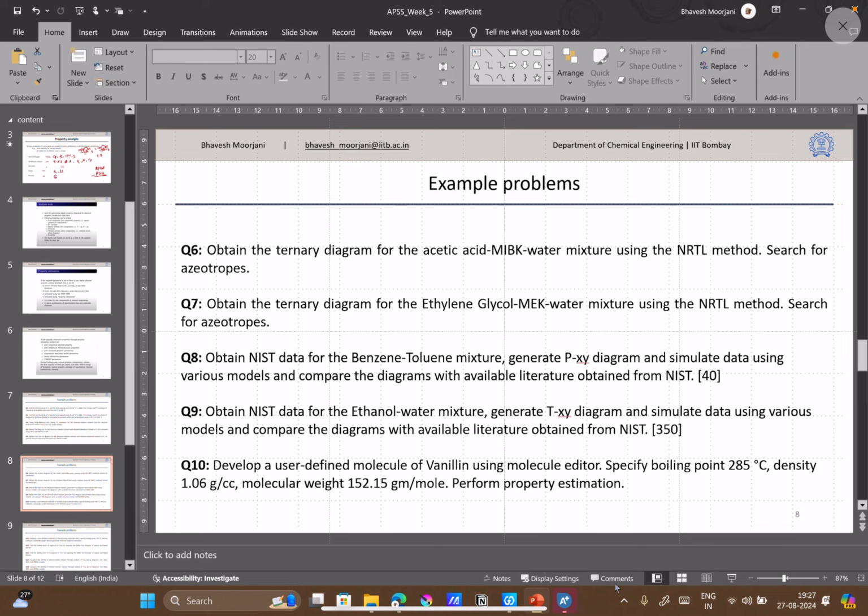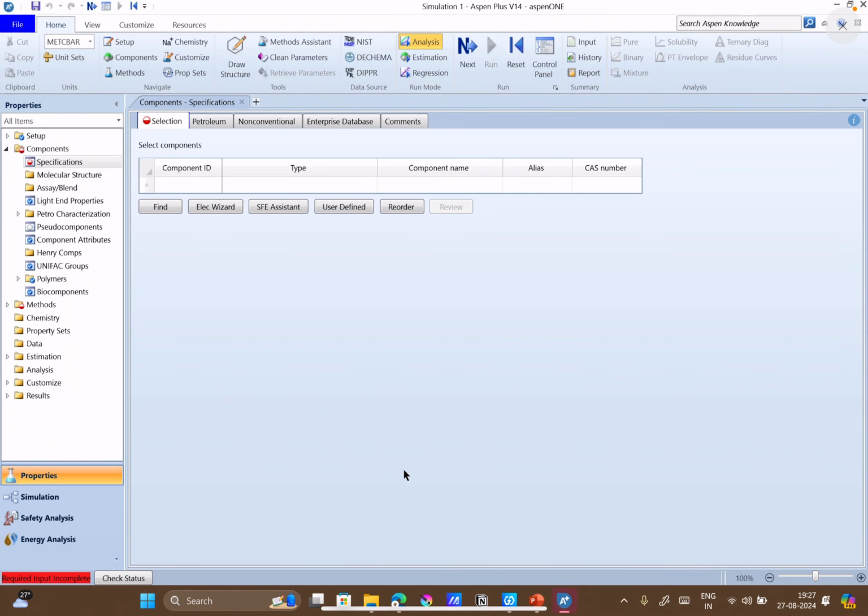Okay, it's running. So first, let me see the issue with question number 5. We have ethanol and isobutanol. Ethanol, isobutanol.